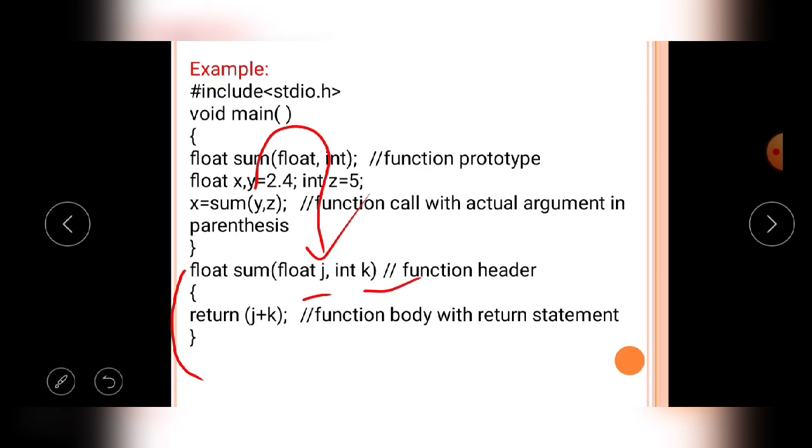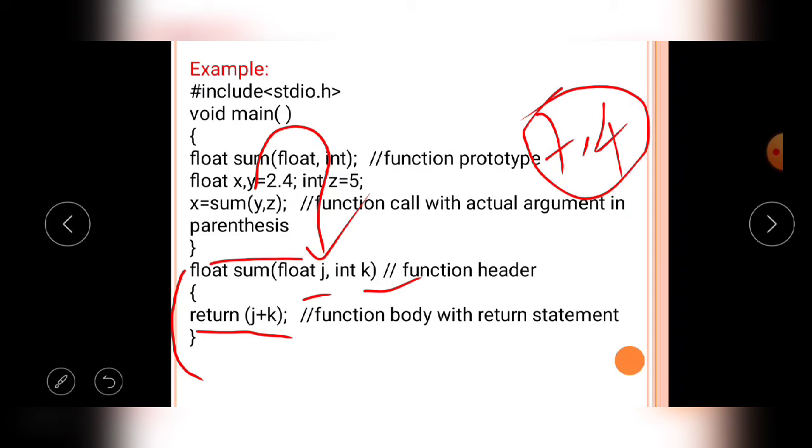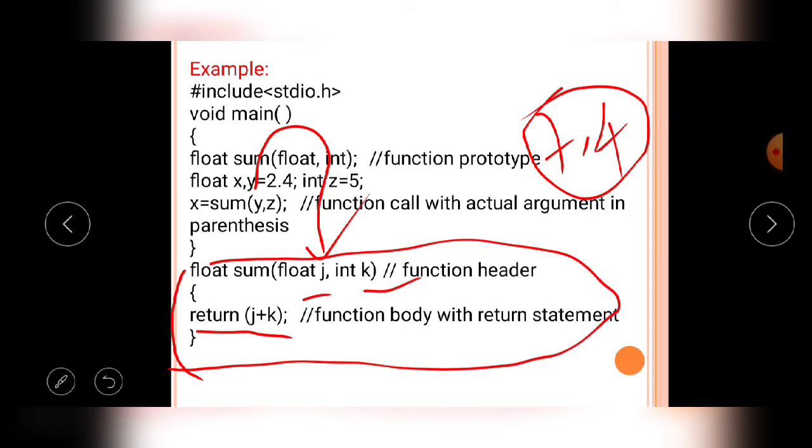Then coming to execution, with the help of the return statement I am clubbing the j, k values, that is 2.4 plus 5, that is 7.4. The answer is 7.4. After completion of the calling function execution, the 7.4 value is returned to the same place of the statement, the same line of the statement.